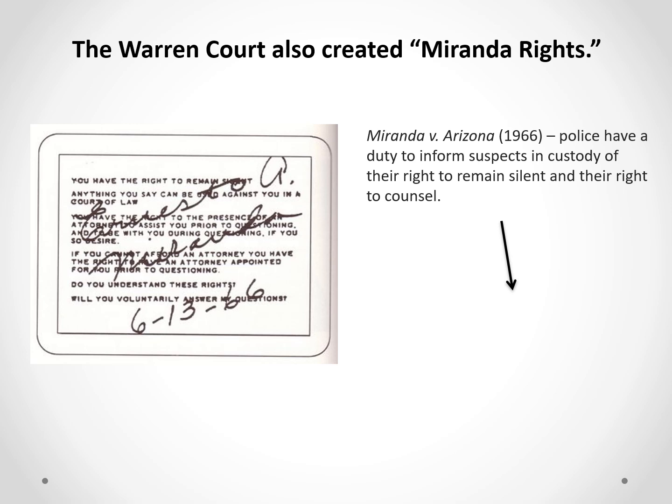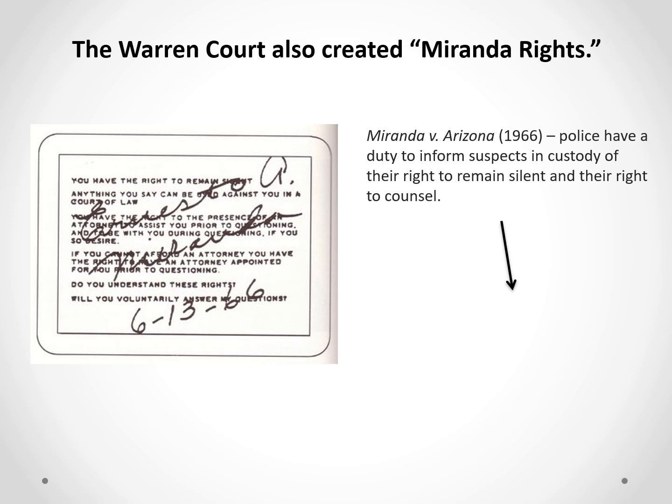Okay, so the police had these little cue cards, like the one on the slide. You have the right to remain silent. Anything you say can be used against you in a court of law. You have the right to an attorney. If you can't afford an attorney, you have the right to have one appointed for you, etc. So the police would have these cue cards, and they would have Ernesto Miranda sign the cue cards as a souvenir or memento and give him a couple bucks for it. And so he kind of eked a living out that way.